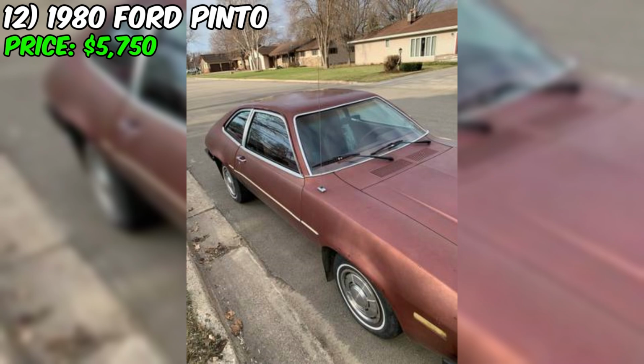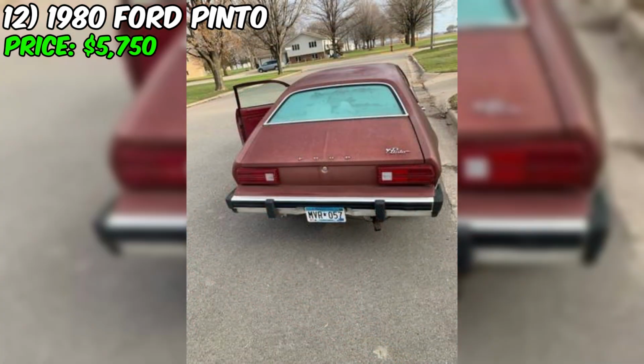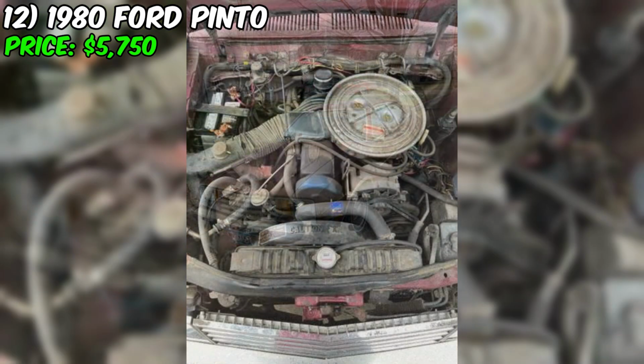$5,750 price tag. First off, let's talk about the condition of this Pinto. The seller describes it as good, which is a promising start. They mention that mechanically, everything works and the car runs down the road just fine. That's definitely a plus, as you don't want to buy a classic car that needs a ton of work just to get it running. Under the hood, you'll find a 4-cylinder engine, which is pretty